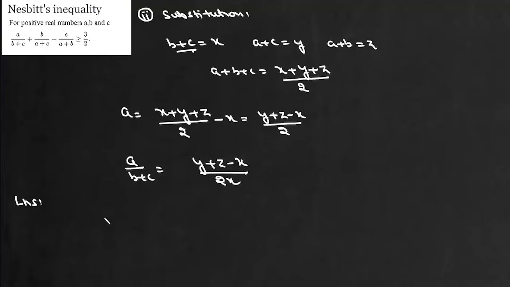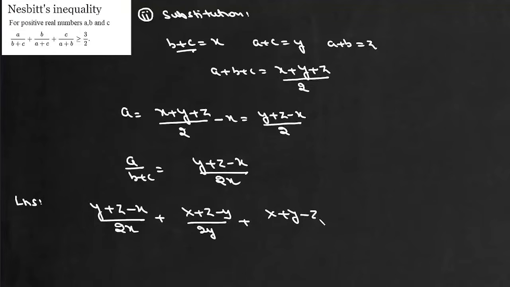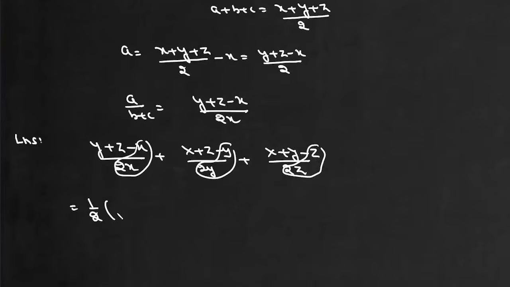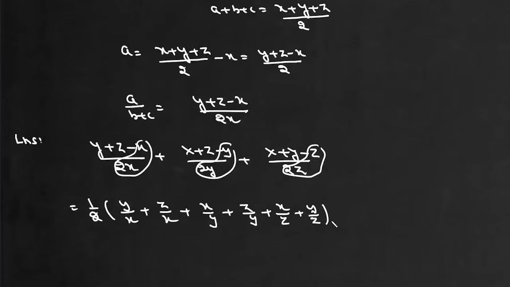अगर हम x, y, z के टर्म्स में लिखेंगे तो ये हो जाएगा (y प्लस z माइनस x) अपॉन 2x प्लस (x प्लस z माइनस y) अपॉन 2y प्लस (x प्लस y माइनस z) अपॉन 2z। अब एक काम करते हैं, ये x, y और z के टर्म्स को अलग कर लेते हैं और बाकी टर्म्स को अलग लिखते हैं। तो इसको हम लिख सकते हैं 1/2 (y अपॉन x प्लस z अपॉन x प्लस x अपॉन y प्लस z अपॉन y प्लस x अपॉन z प्लस y अपॉन z)। तो ये 6 एक्सप्रेशन हो गए और ये हो गया आपका